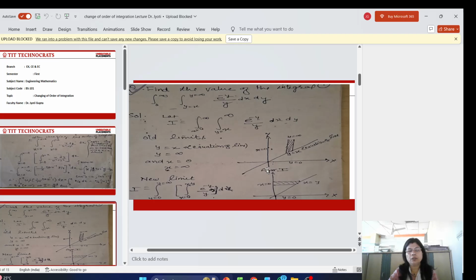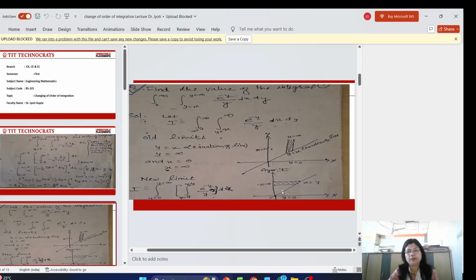So first we draw a straight line. Here this is x axis and this is y axis. Here the straight line on origin, that is y is equal to x, and a strip, that is y is equal to x to y is equal to infinity. Here in x axis y is equal to 0 and in y axis x is equal to 0. This is the first figure, and it draws the old limits. New limits, I is equal to